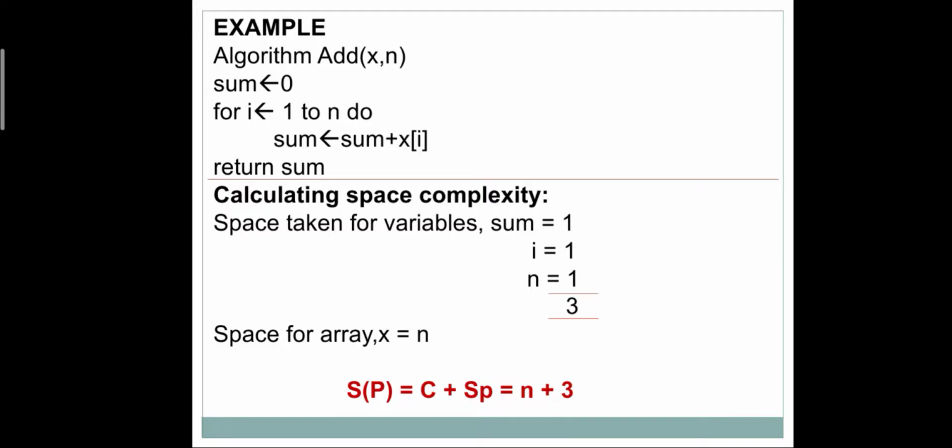The array will be stored in n memory locations. So, provide n as the memory space for the array x. This is the instance characteristics of the algorithm, that is SP. Finally, sum up all the values by substituting them in the formula S(P) = C + SP, by which we can get the space complexity as n + 3.